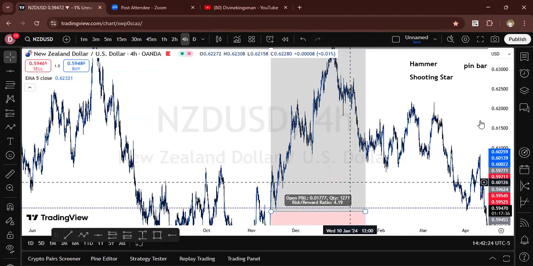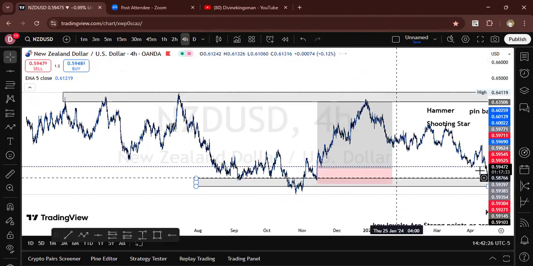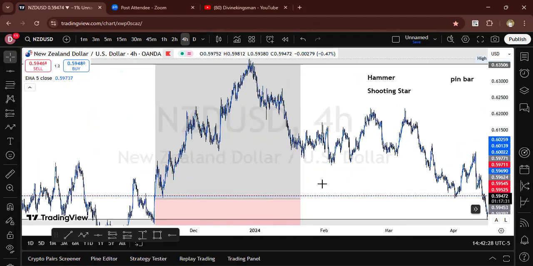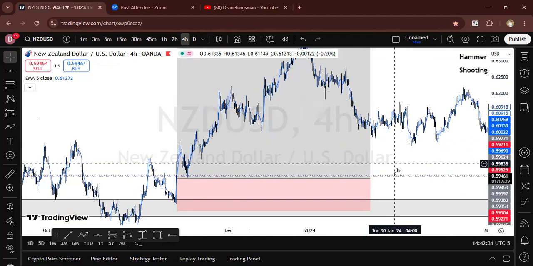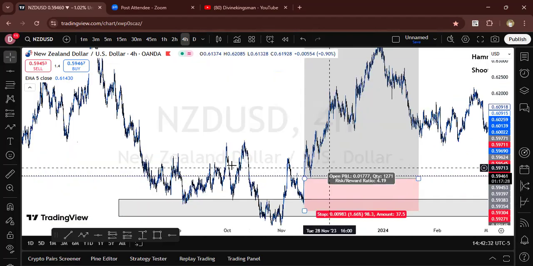So this is how to trade support and resistance. If you are not clear about this, please watch the video over again so you understand more and more. So you can see this, and you can also see if we're going to take